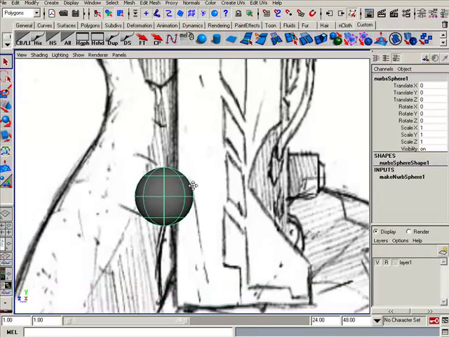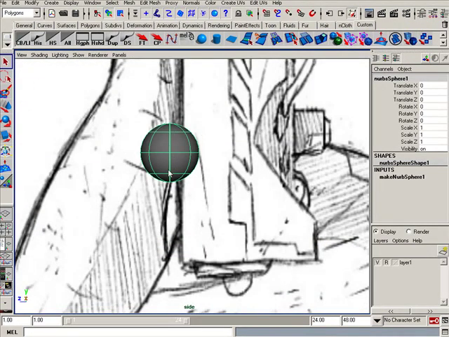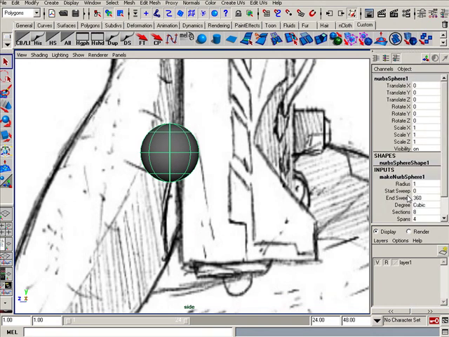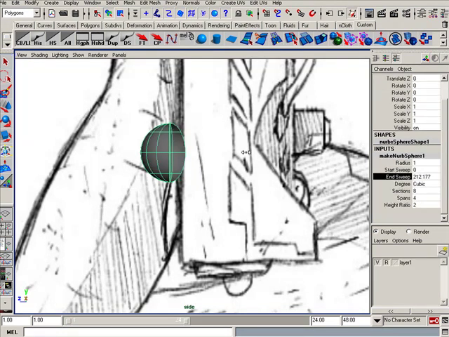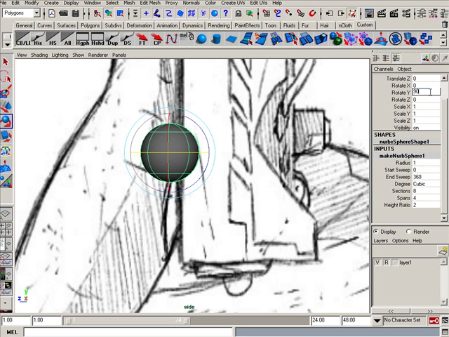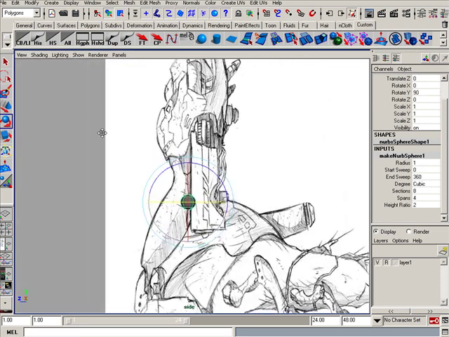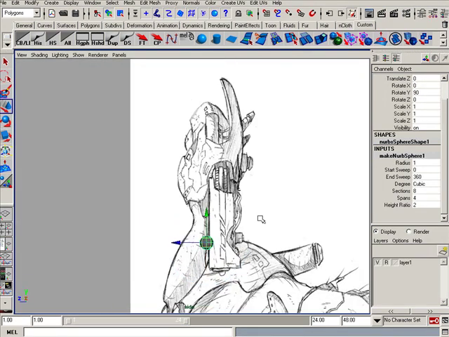Now the thing with NURBS objects is it has an end sweep or an area that it looks like it's closed, but it actually isn't. And I'm just going over this for the new users that happen to be watching this. If you've seen my tutorials before, I've gone through this. So under end sweep, you can see that the NURBS isn't one solid object. It has that little split there. So you always want to make sure that that little guy is far and away. So I'm always rotating him back or underneath or things like that. So we're going to bring this right up